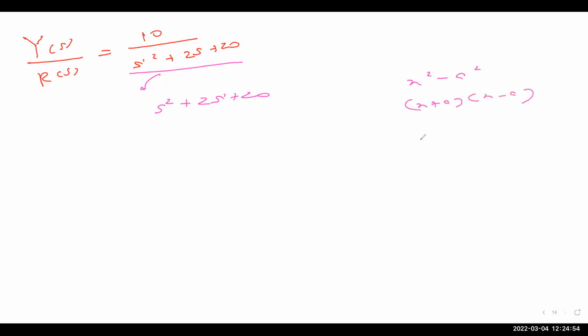But if we have something like x squared plus a squared, what we usually do, if we are allowed to use complex numbers, is write this as x squared minus